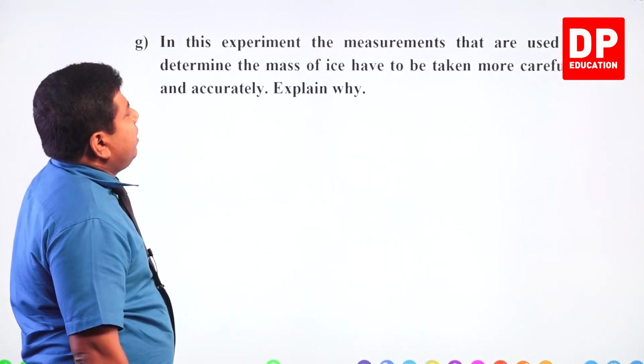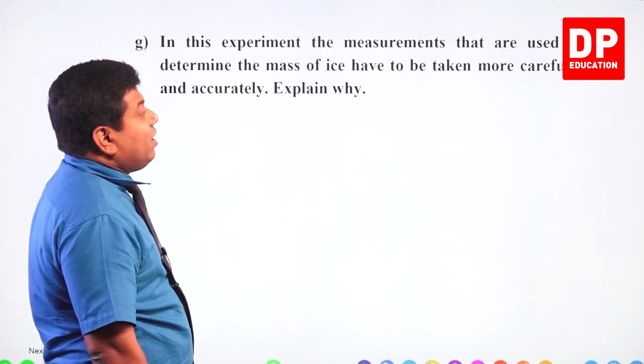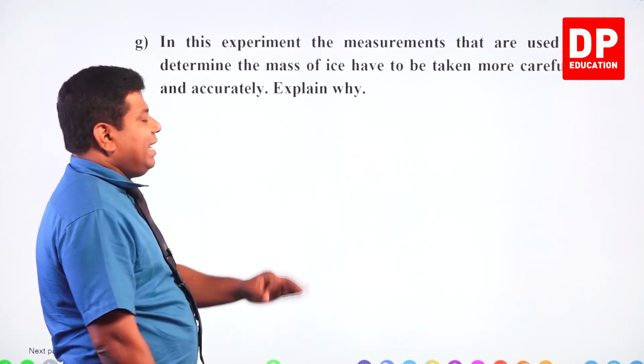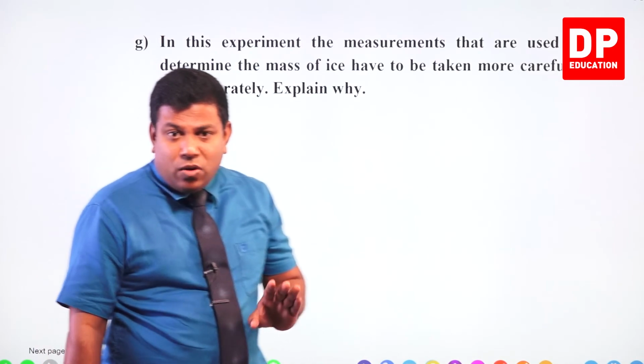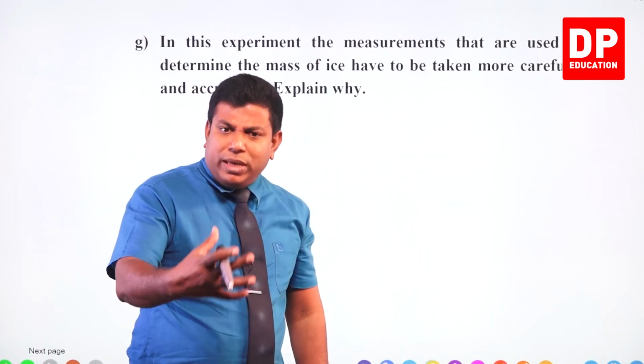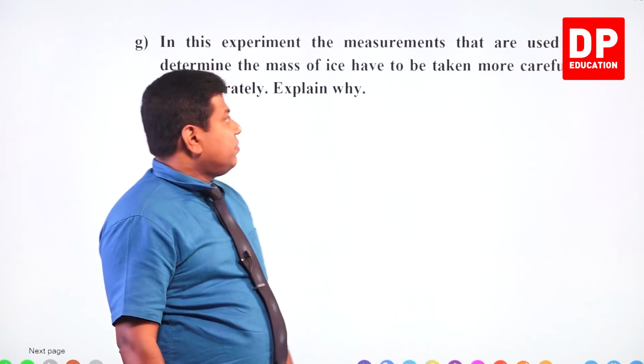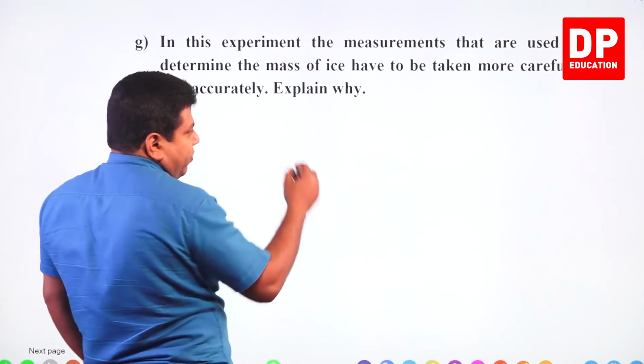The last one. In this experiment, the measurements that are used to determine the mass of ice have to be taken more carefully and accurately. Explain why. Now, this is something you have to think. They are asking, why do we have to be extra careful when we are taking the measurements of mass? Mass of ice basically. See, if you look at the formula,